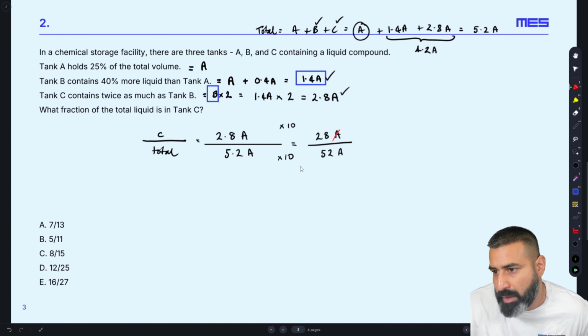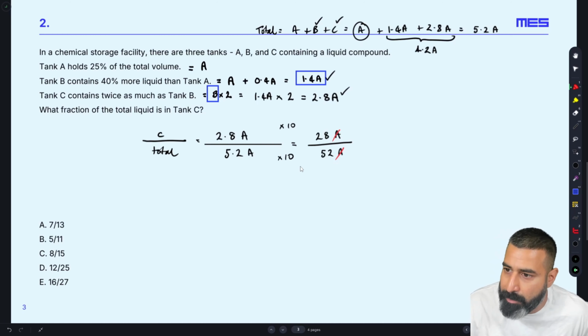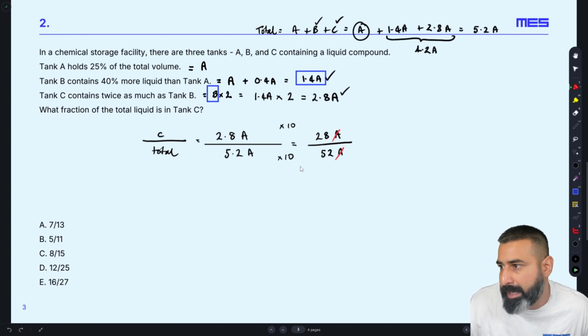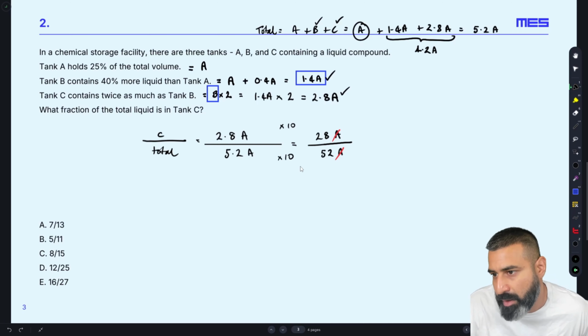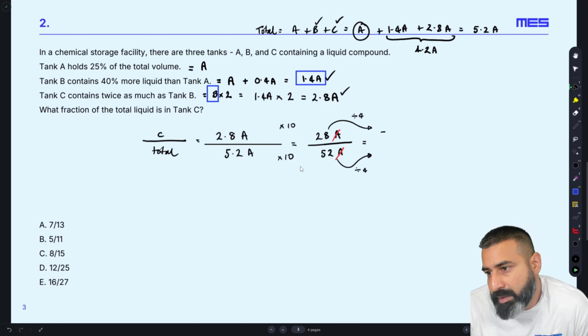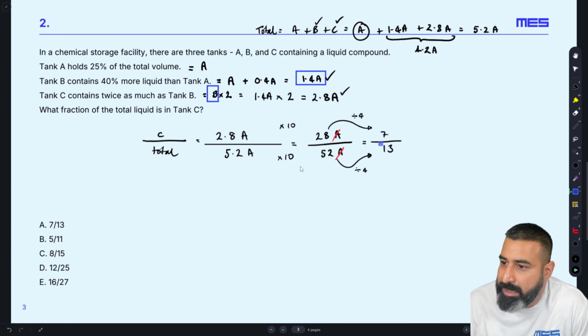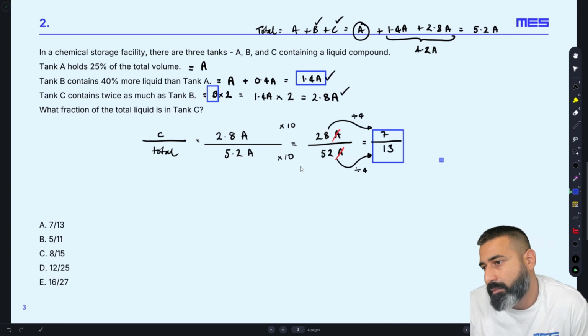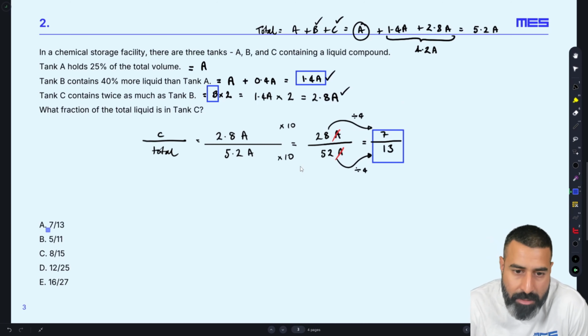So the A's nicely cancel out, and then I'm left with 28 over 52, and it's not as bad as you think. So if we divide that by 4 and divide the denominator by 4, so 4 goes into 28 7 times, and then 4 goes into 52 13 times. So the total fraction is 7 over 13,